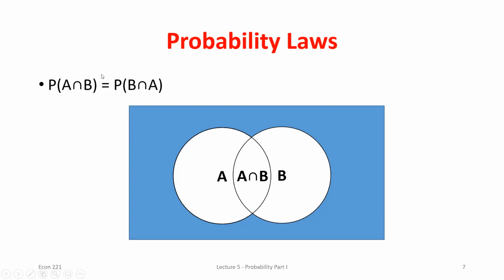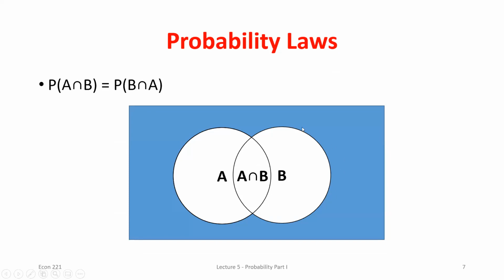So the ordering doesn't matter. And we'll use that a little bit throughout today's discussion. Not a ton. Next class, we'll use it more than today. So it doesn't matter which way we write. That's kind of our first probability law. Okay? And then we can think about another thing we talked about last class in identifying,